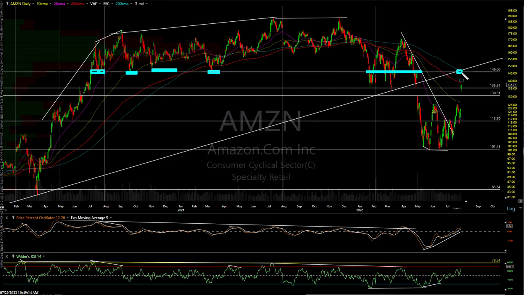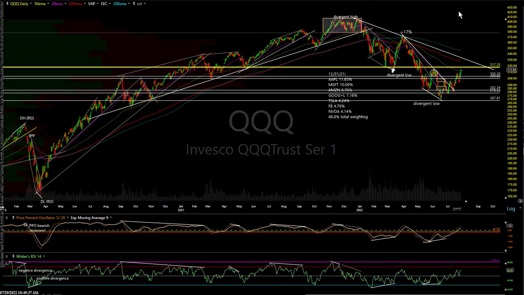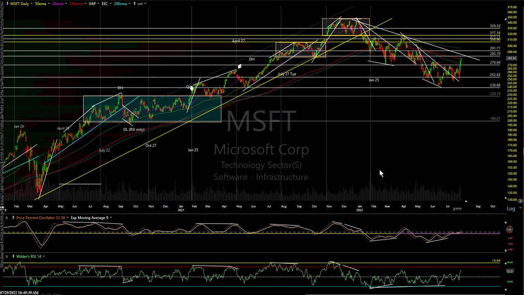Again, confluence of moving averages, 200-day simple, 200-day exponential. Back test of the trend line could occur later on, but I think the sellers are going to step in here, and I think right now is a great shorting setup. I gave you some targets on QQQ near term. So there's Amazon. We'll go over a few of them because, again, that's what makes the market, these leaders.